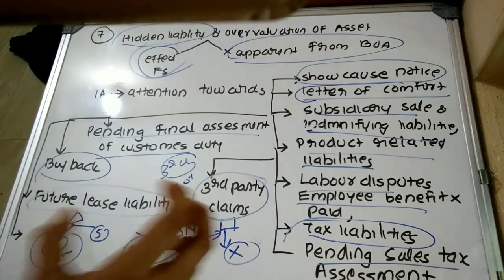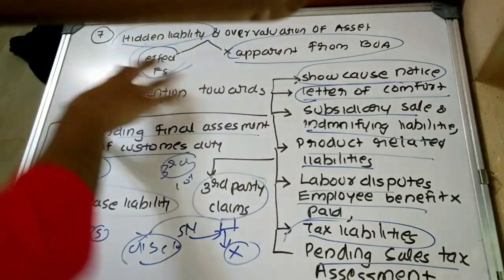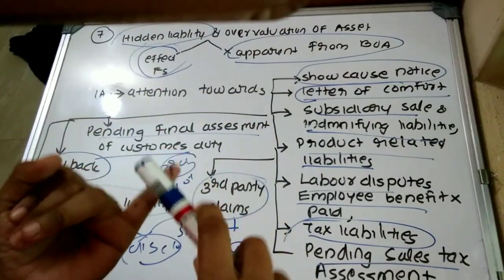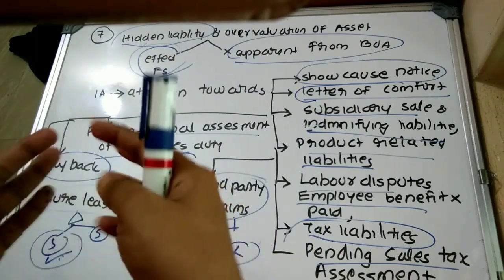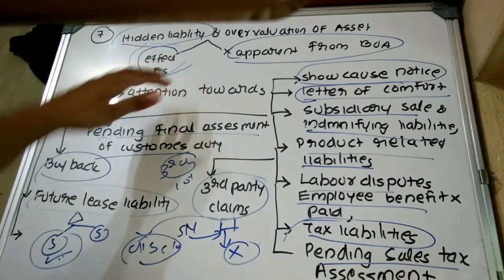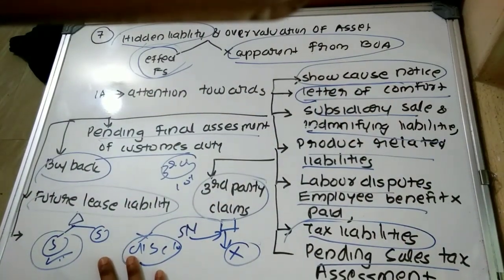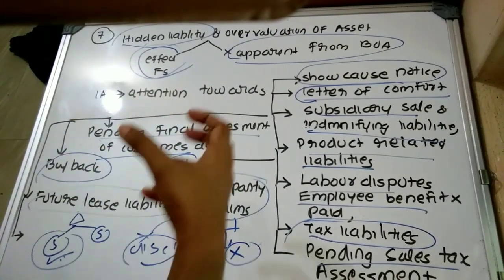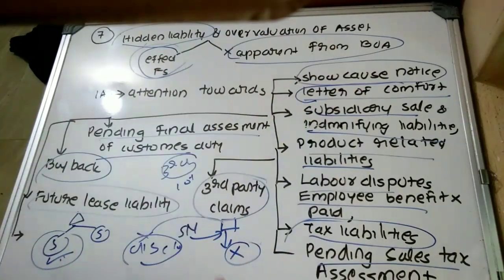So the investigating accountant, where he is conducting a due diligence review, should give attention to hidden liability as well as overvalued asset. First of all, you should indicate the meaning of due diligence, its purpose, and when the due diligence review is required, then you should indicate the meaning of hidden liability. Indicators of hidden liability. These are the indicators of hidden liability. Now we are moving towards overvaluation of asset. The factors that give an indication that there exists overvaluation of asset.